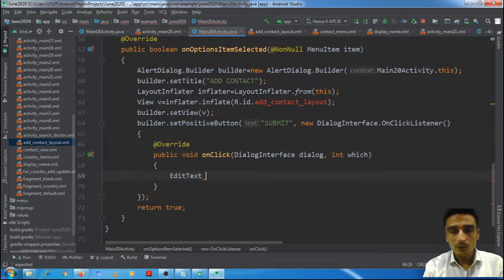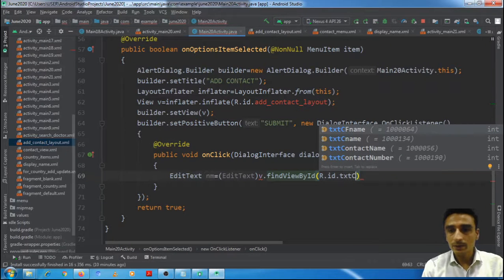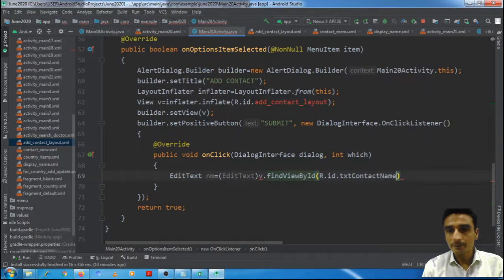Edit text 1 is for name is equal to edit text, v dot find view by id, because v is the view, r dot id dot txt contact name.